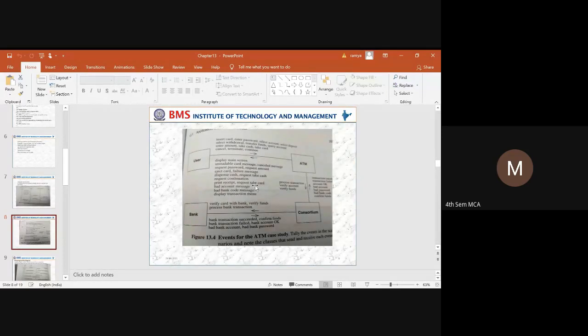It will ask the user to take the card, show the bad account message, the bad bank code message, and display the transaction memo. So these are the actions or events that will be carried out by the ATM with respect to the user. Now, what are the different actions that can be taken with respect to the ATM and the